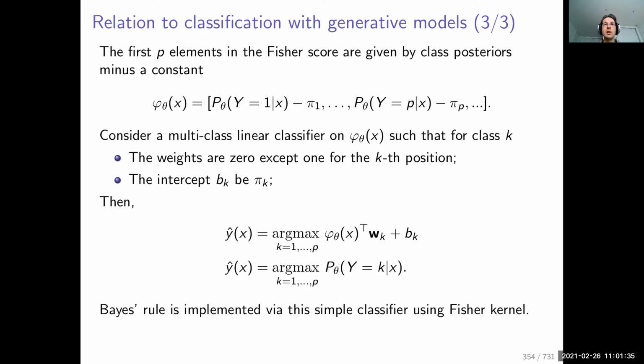Okay. And also the other message is that it's a very natural way, if you're using a Gaussian mixture model, to aggregate, in other words, to do a pooling operation on a set of vectors. So you can also see it this way. It's a way to do pooling. It's a way to turn a probabilistic model into a kernel such that you can do many things with it. And it can also implement Bayes rule. So it has many nice properties.